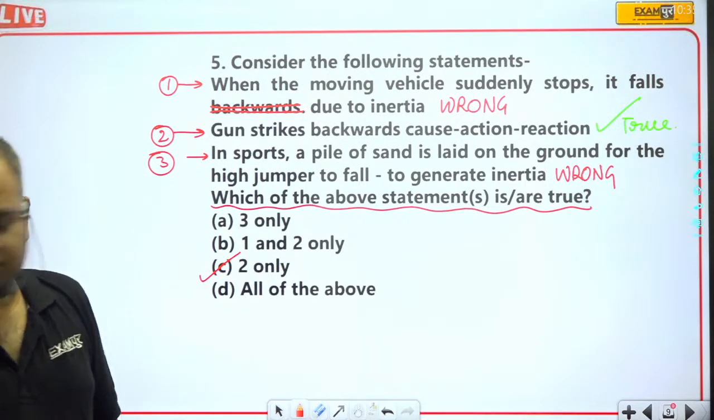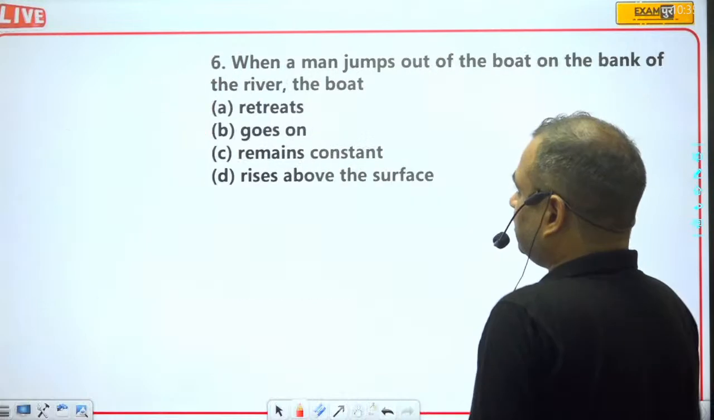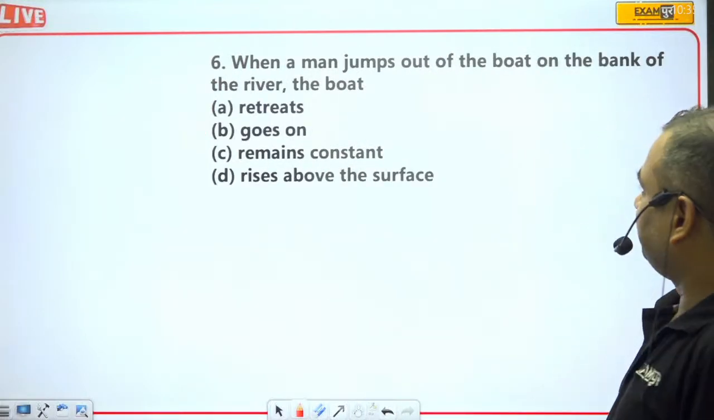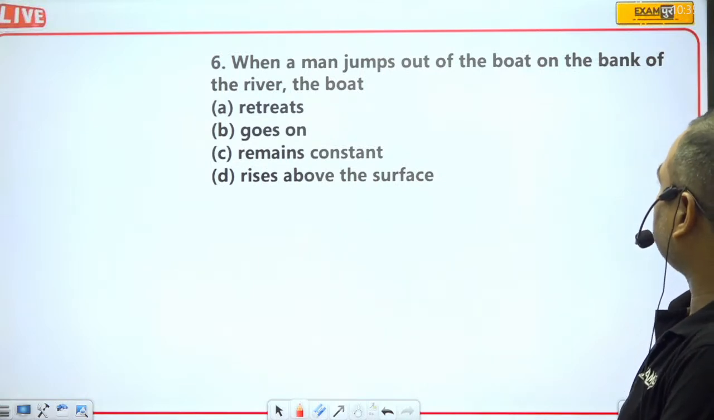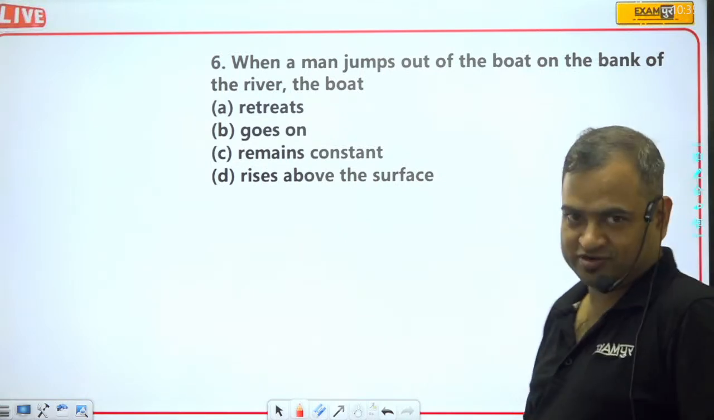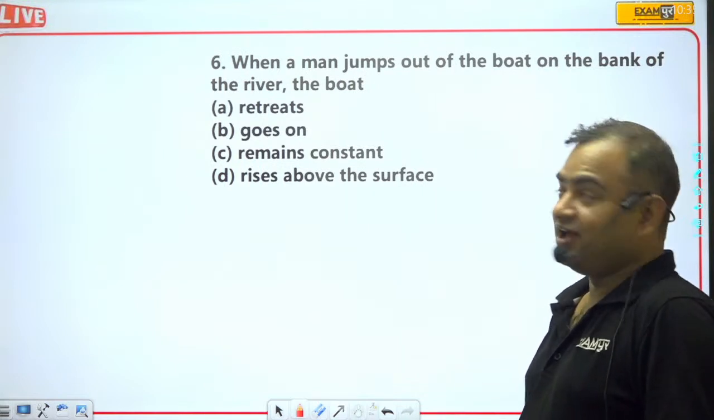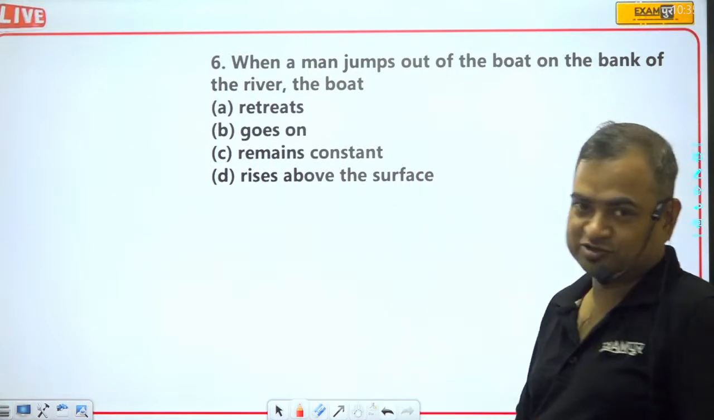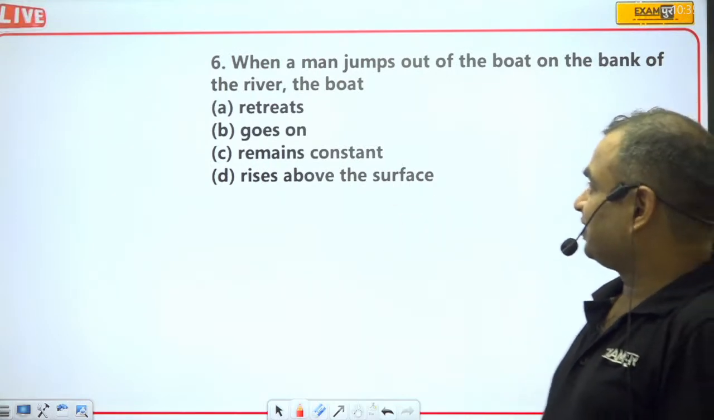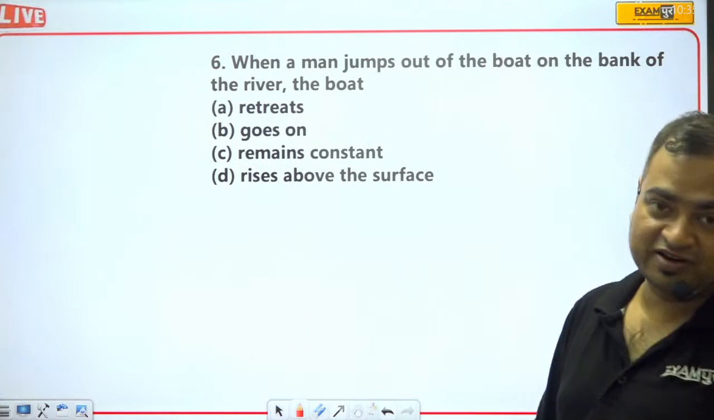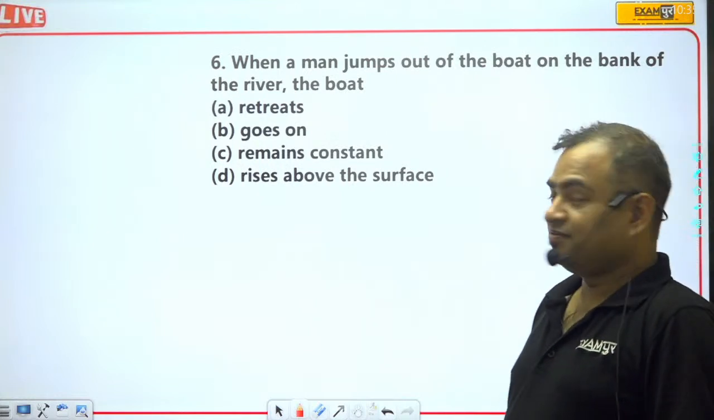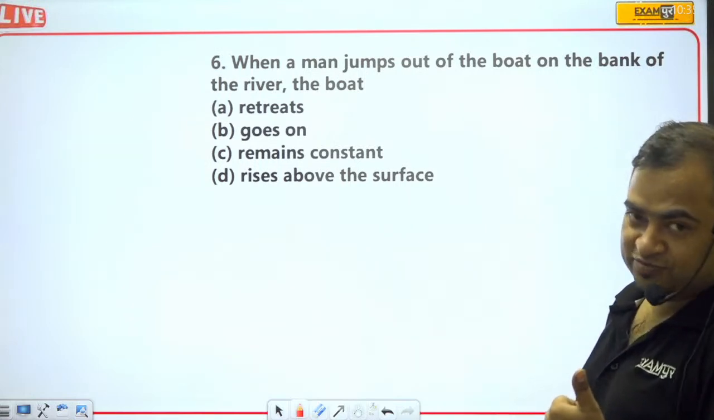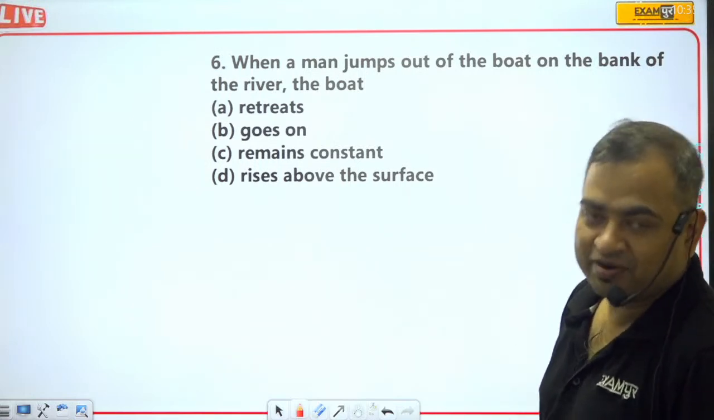Great. Now, question number 6. When a man jumps out of the boat onto the bank of the river, the boat... I have experienced this actually. I had taken a bath in the river Ganga a few years back, and I was on the boat. When I just left the boat, the boat actually went in the backward direction because